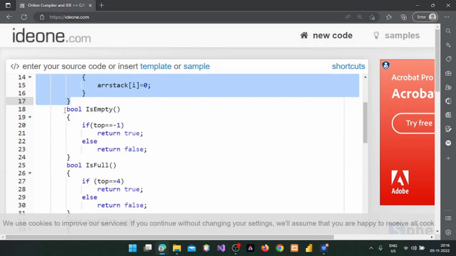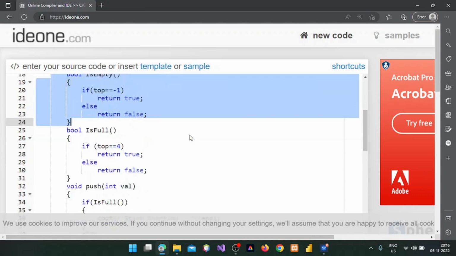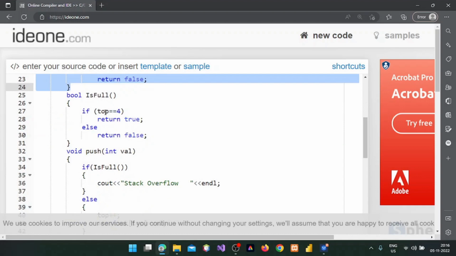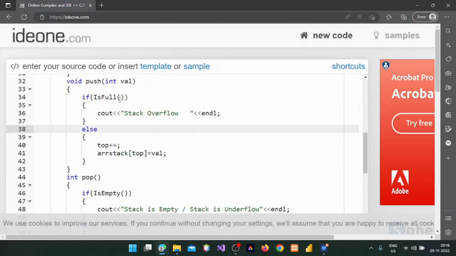And the boolean is going to return whether it is empty or not by checking the top value, and by checking the top value we are going to return whether it is full or not by using this isFull function. And there is a push function which is going to take a value as a parameter, and that parameter value will be put under the top